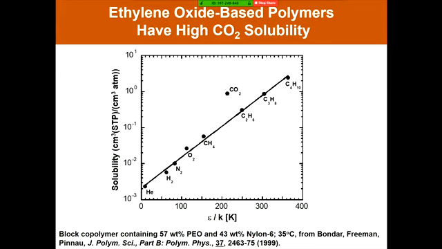In these ethylene oxide-based polymers, we find that CO2 and other acid gases like H2S, and polar gases like ammonia, sit way off the line where they should be. This is, we believe, due to specific interactions between the polar ether groups and quadrupolar CO2 to enhance solubility. That enhancement in solubility can be used to design in enhanced permeability and selectivity together.